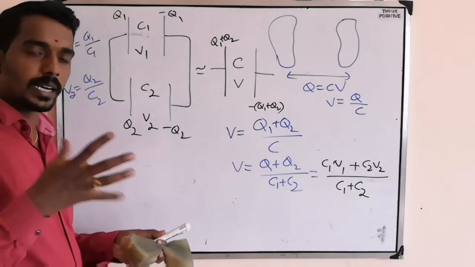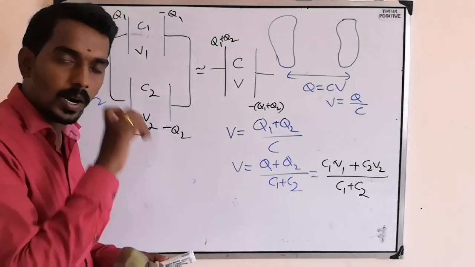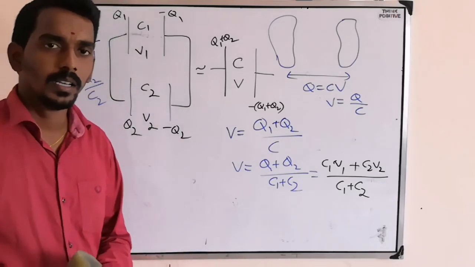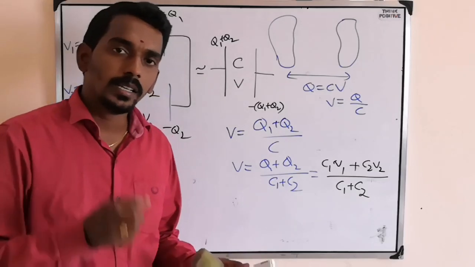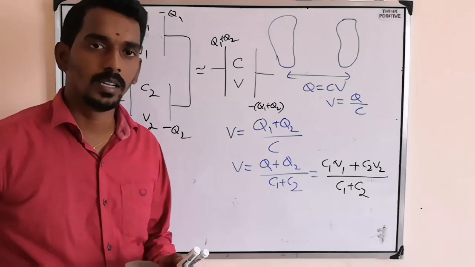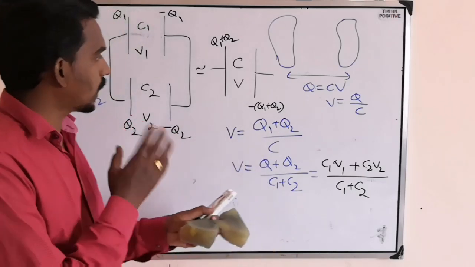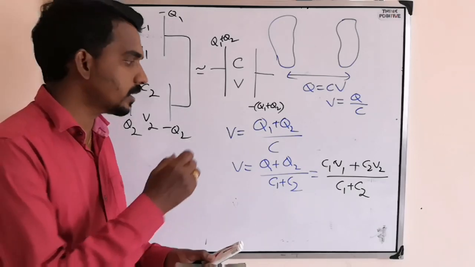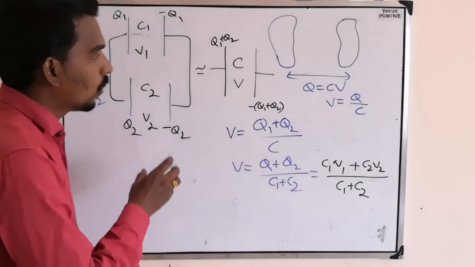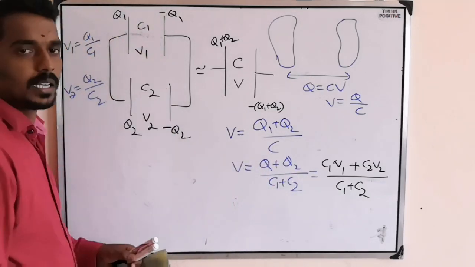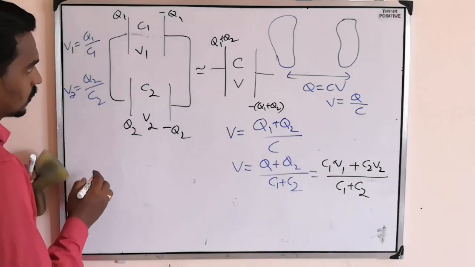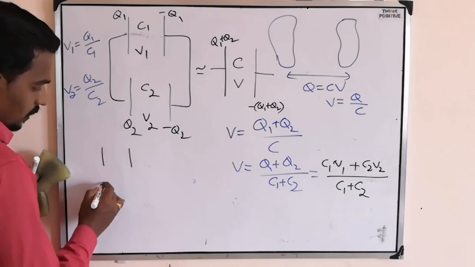So when you connect the conductors to each other, what happens? The potential becomes the same. If they are identical, then the charge also becomes the same, but otherwise not. But always when you connect two conductors to each other, the potential on each of them becomes the same. So based on that, they will ask what is the common potential after connecting. This is the thing. Or else they will also ask you when they connect in this manner.